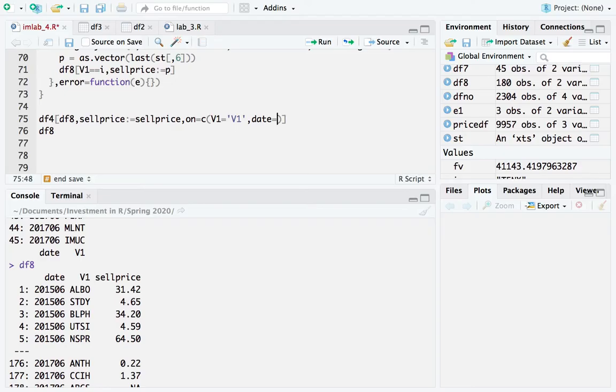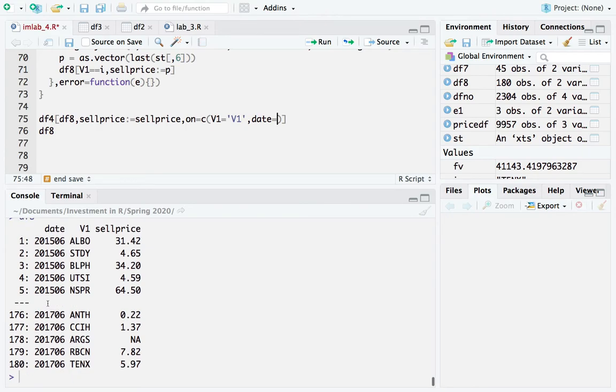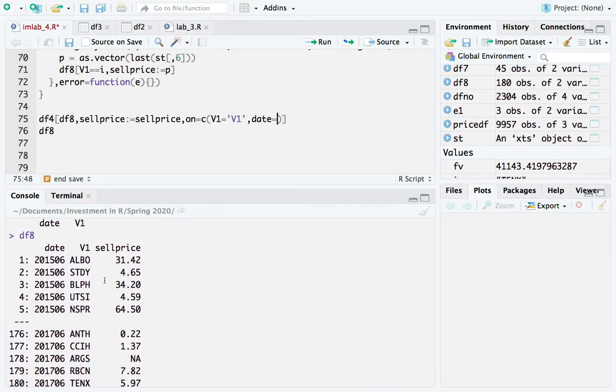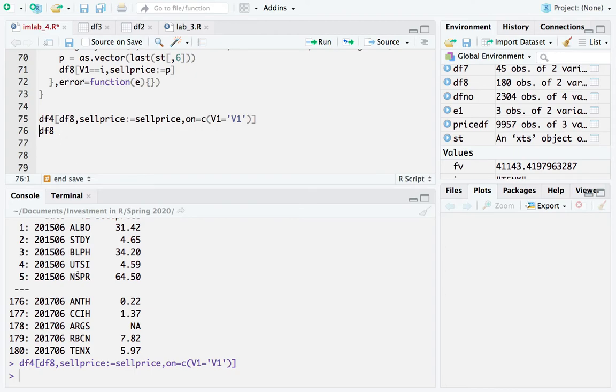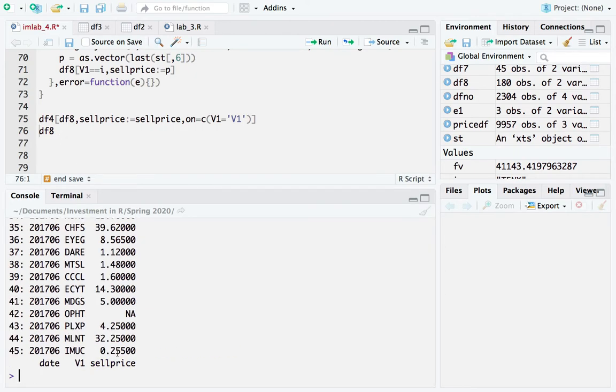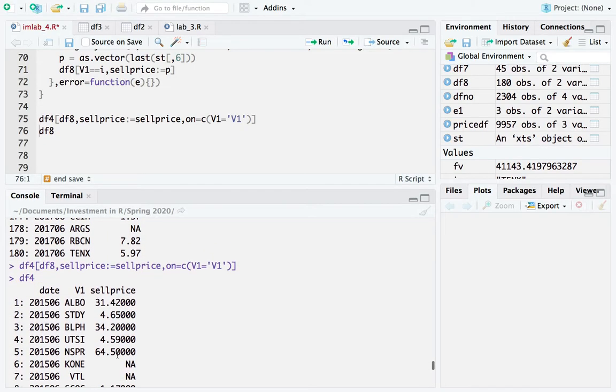Oh, and it actually shouldn't matter because in V8, the sell price, it doesn't really matter, guys, because the sell price is going to be the sell price for each ticker in any period. So I can go ahead and just get rid of the date part here altogether. Because if you remember, we did the sell price for one period in time, the end of May for 2018. So whether we bought it in 2015 or 2017, the sell price is going to be the same. So I just need to combine the ticker and I'm good to go. Boom. Right now, if I type DF4 down here, guys, boom, I have my sell price,